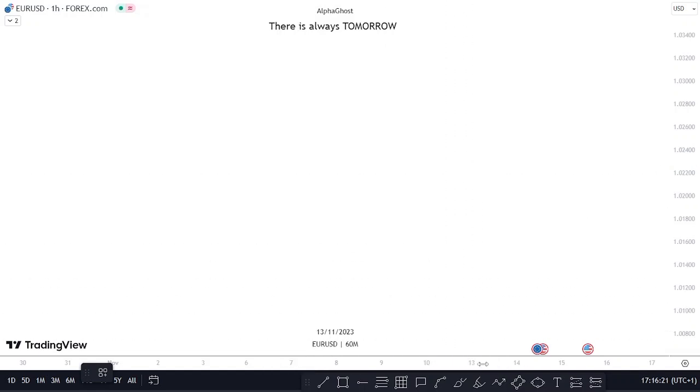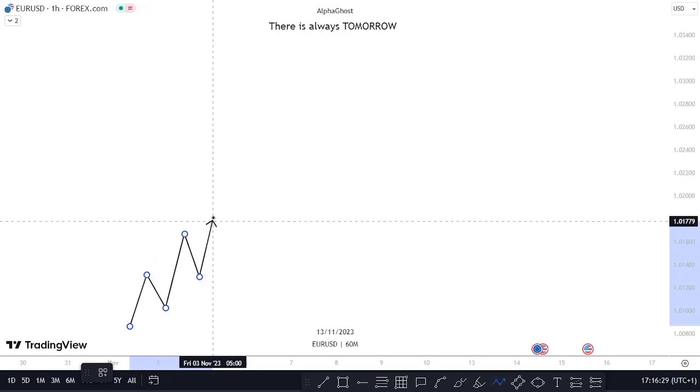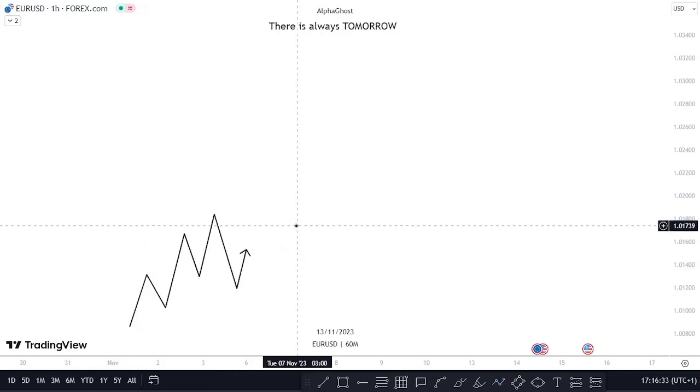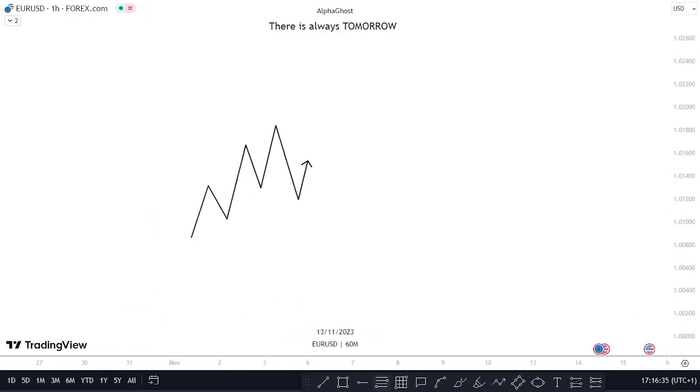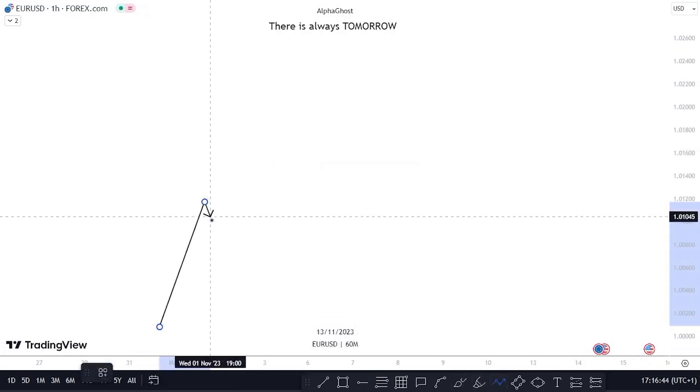Let me do a quick explanation on the swing structure. Swing structure is nothing hard. Your swing structure is just the movement in between a valid high and a low. Meaning, in this drawing here, let me just use the traditional method. My swing structure is going to be this high,